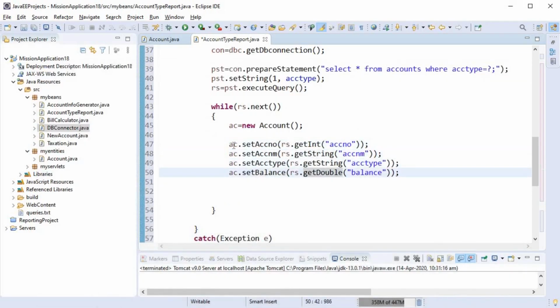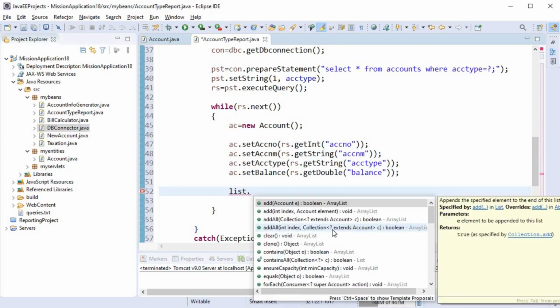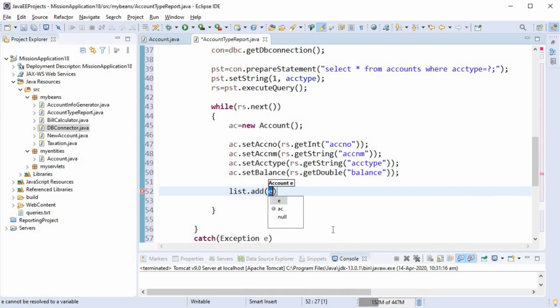But we want several such objects to be stored together in one array list. So every time in the loop we will have to store the object in the array list. So we'll say list.add(ac). So the object is added in the array list.